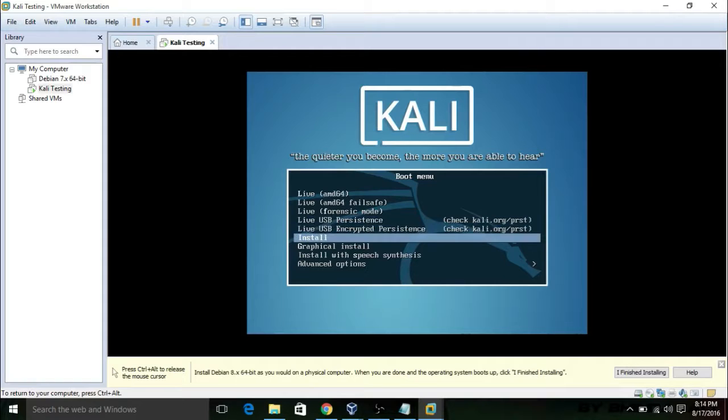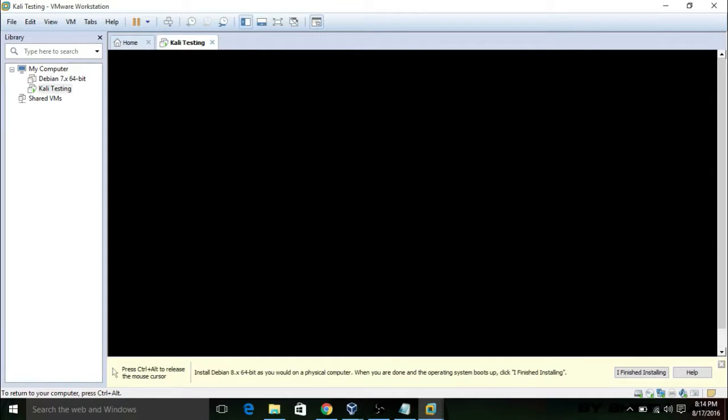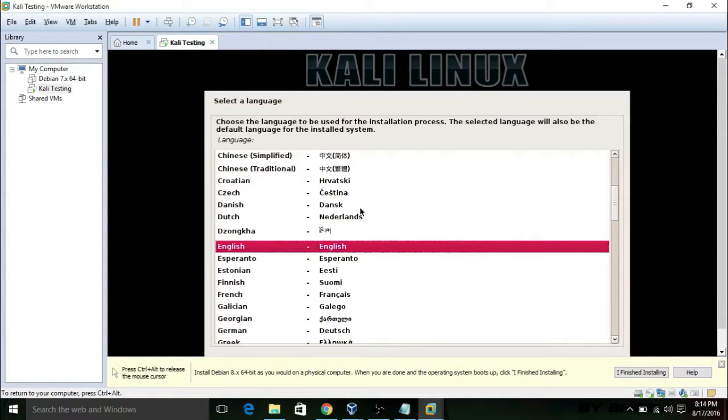G. Okay, there is a live install, but I'll go with the graphical install. Enter. Okay, if you don't have a mouse that is working inside, like this one, it's running outside, but not inside. So what I need to do is press Control plus Alt. Now you can see it's inside also. Okay,